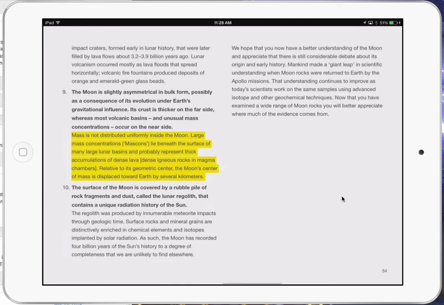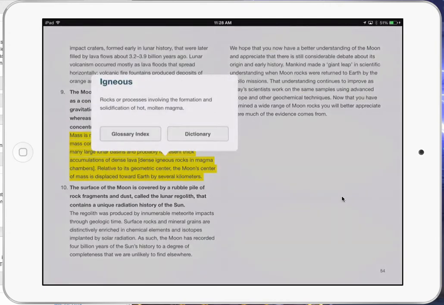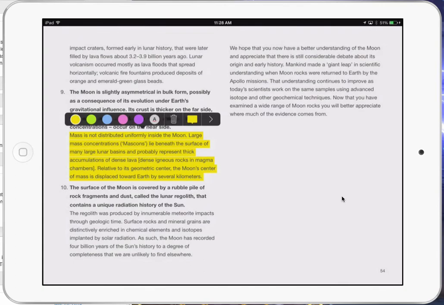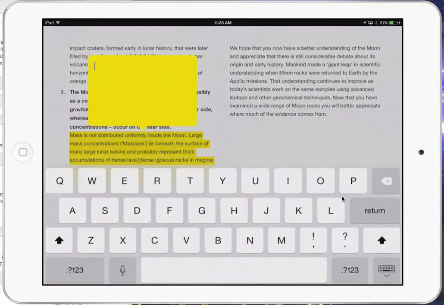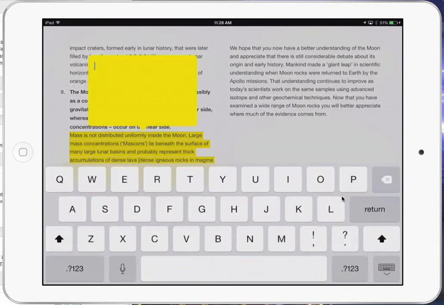However, I might want to add some additional information. So if I tap anywhere on the highlighted information, I get the choice of changing maybe the color of my note. Maybe I color-coded notes into different categories. And I also have this option to add a little sticky note essentially to that piece of highlighted text. So this is where I could add something maybe that helps me understand